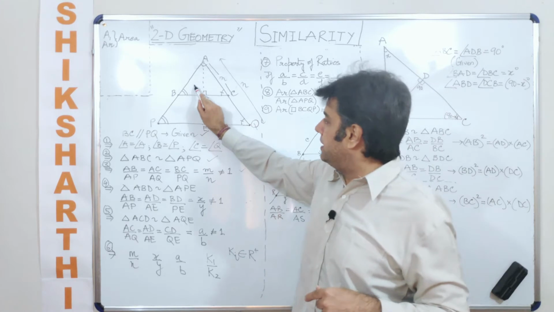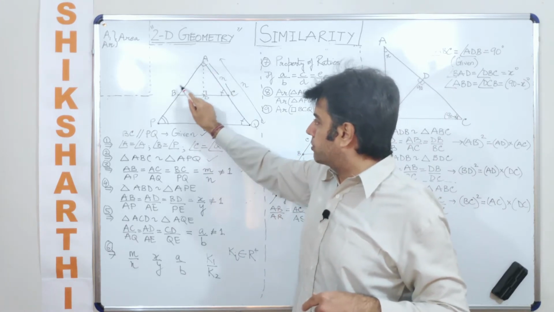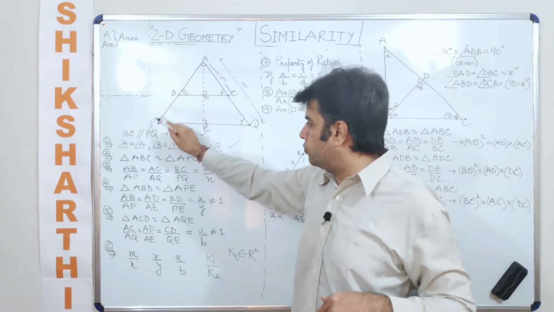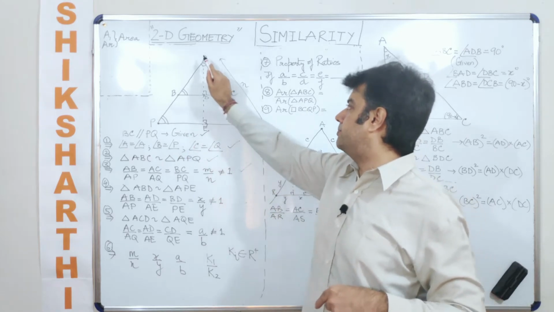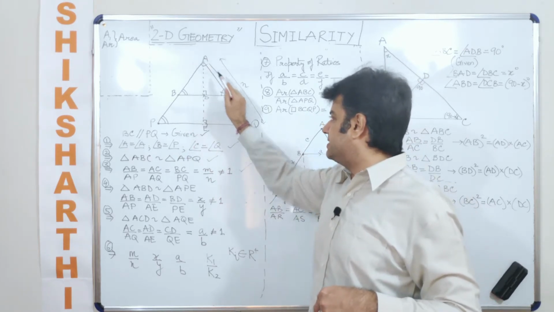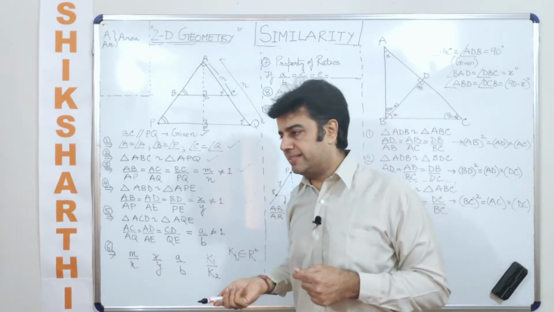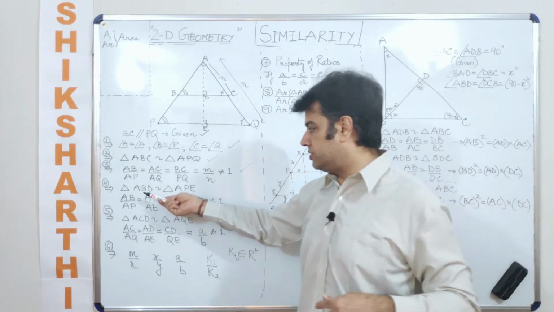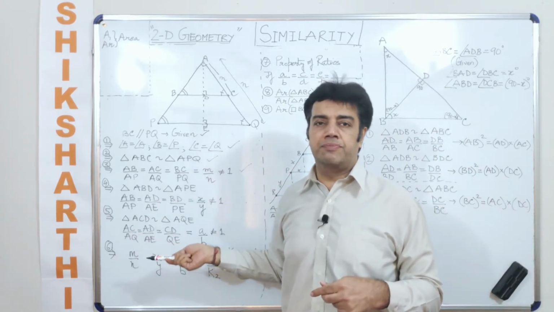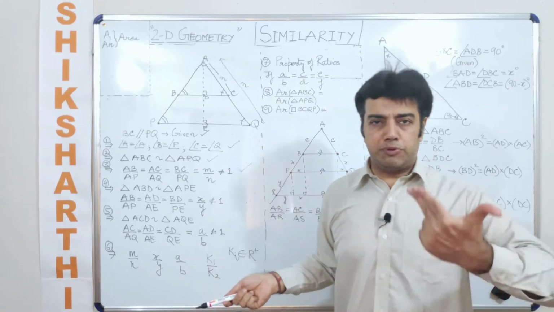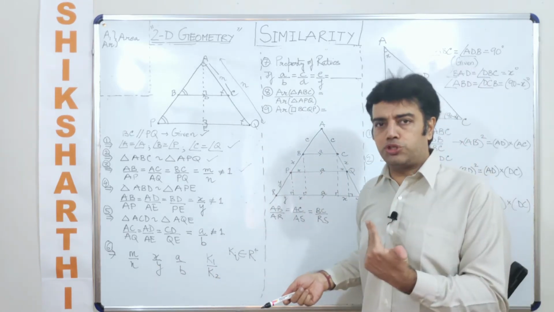So can I say these two triangles will be similar? I am talking about triangle ABD is similar to triangle APE. At the same time, triangle ACD is similar to triangle AQE. Yes. And thereafter you can establish the side ratio link, which is nothing but the basic proportionality theorem, the